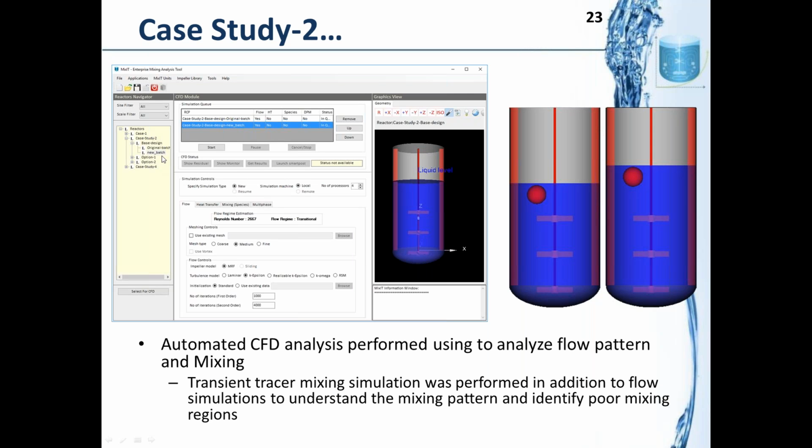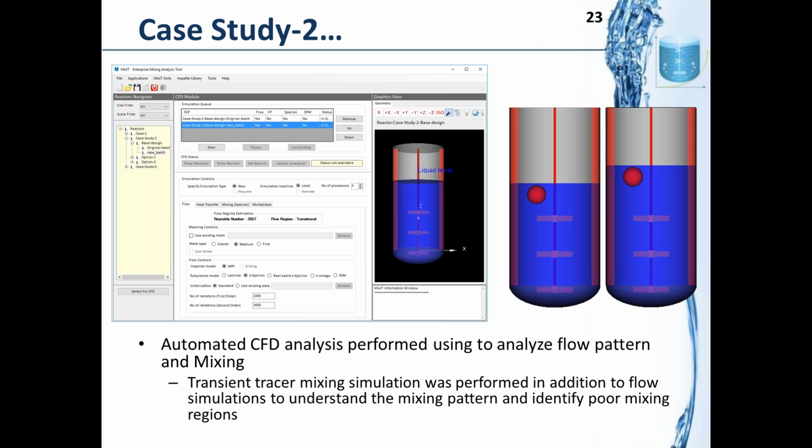Here the user can quickly select both the original batch and the increased batch and perform the mixing simulation and understand the flow pattern. Similarly, the user can do the tracer mixing analysis, where you add a blob of a colored dye, let's say, and then understand how it mixes in the system. These can be done numerically, and you can do that using Mixit very quickly. You can queue up your simulations. If you need to perform two simulations, you can queue them up, hit the start button, and the two simulations will be completed.